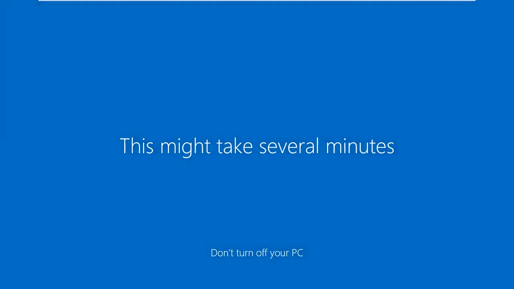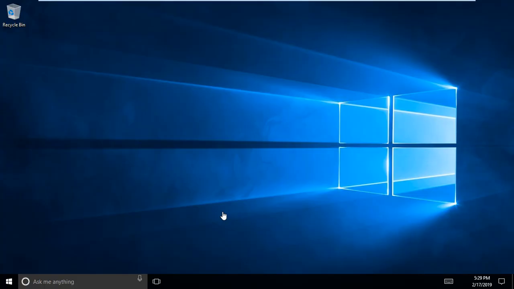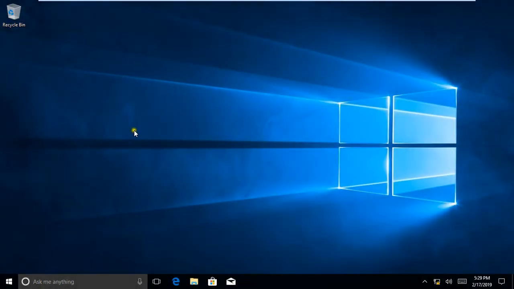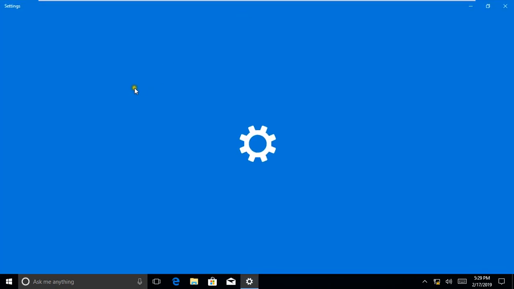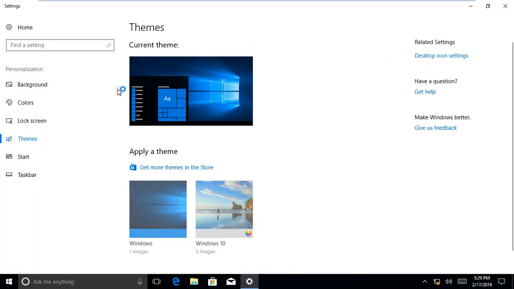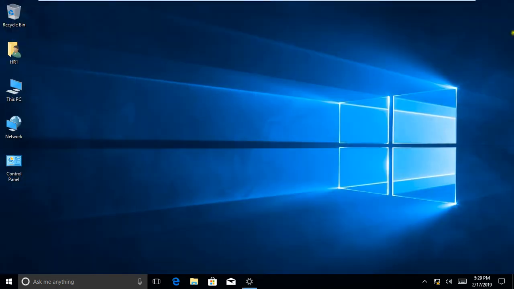So this is a Windows 10 machine, a client of DC. The first time, the user takes time to load the desktop settings. So you can see this is HR1.